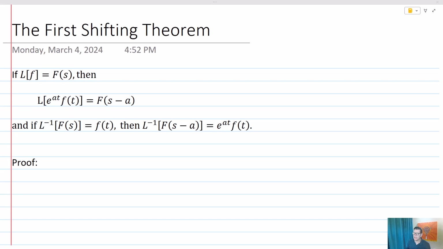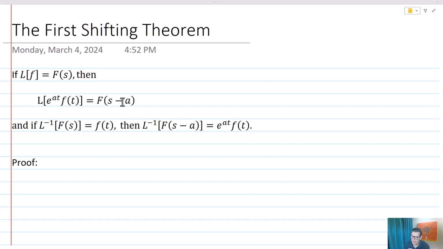And so the first shifting theorem says if the Laplace transform of f is equal to big F of s, just standard notation there, then the Laplace transform of e to the at f of t, so that is if we multiply f by some exponential function with a constant value a, is going to equal big F of s minus a. And that's actually the shifting there, right? We're going to be shifting